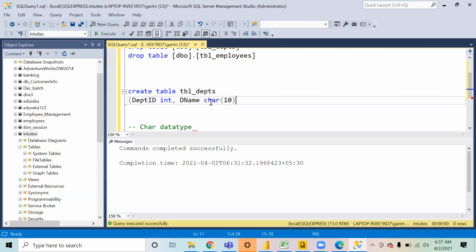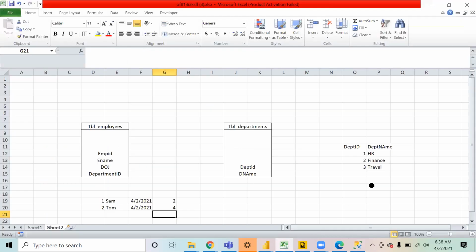Now, when you define a data type as character, just have a look at it once. I have defined the maximum size as 10. In HR, how many characters do I have? I have 2. In finance, I have 7. And in travel, I have 6.